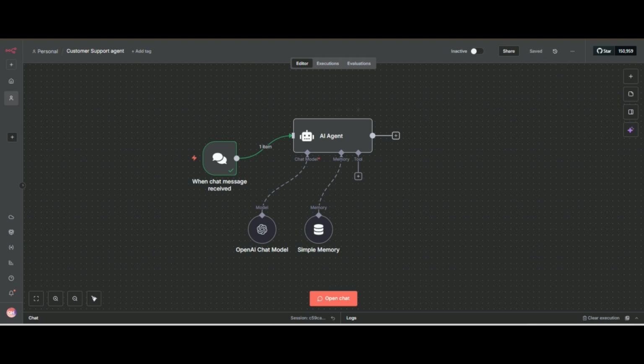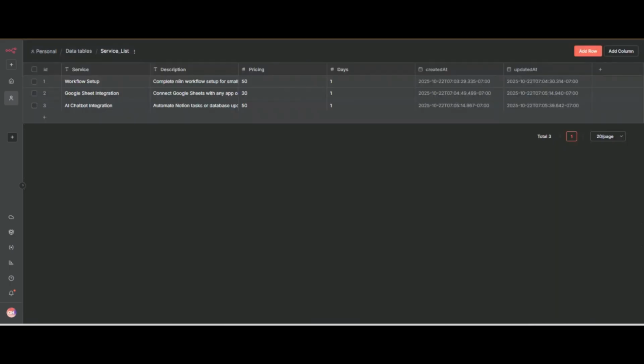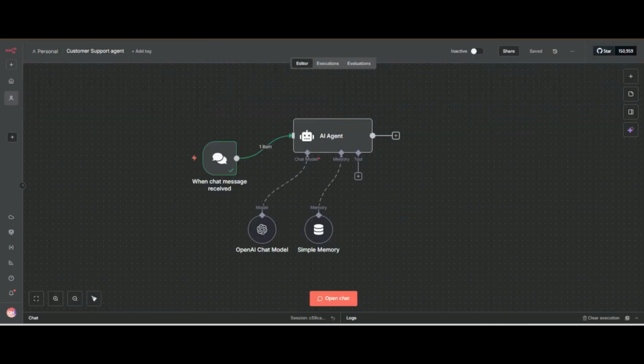So there is a tool section. Now we have to add our data tables, like we have data tables where our services list and the pricing, all the things are saved. But you can change all the sections and put in your own data.